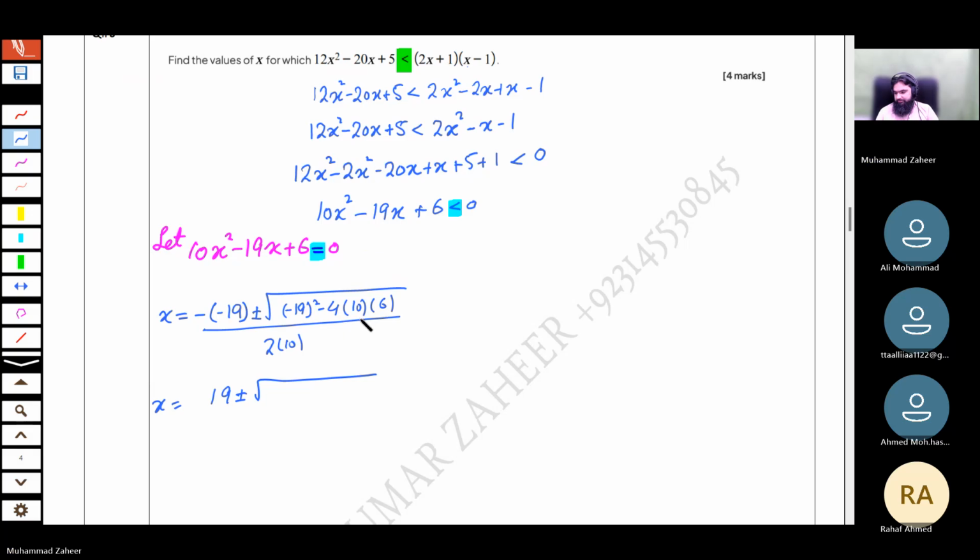What will you get? 30 over 20. In fraction form, just tell me. 3 over 2. For the positive value it is 3 over 2, and for the negative value it is,